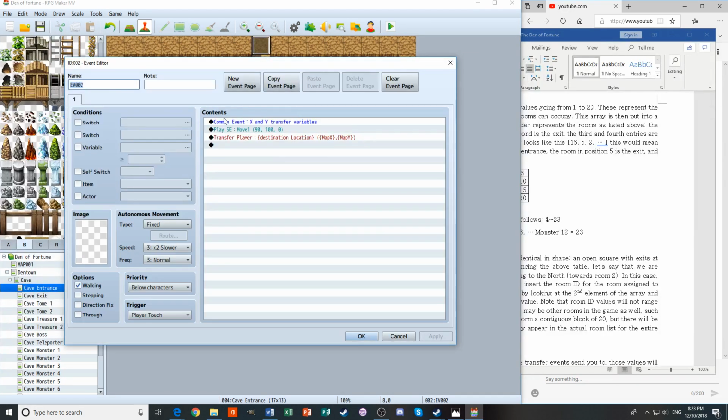So now when we click on here, common event x and y transfer variables, this has been called, x and y will now be set appropriately based on the way that we were facing. So map x and map y are taken care of. Destination location, this is the one that's going to be a lot of work. So to set up destination location,